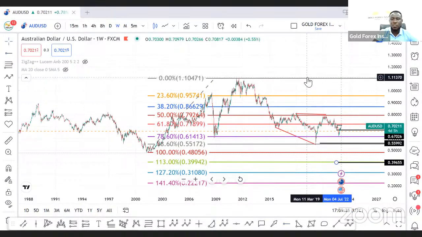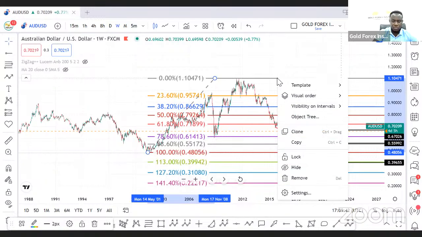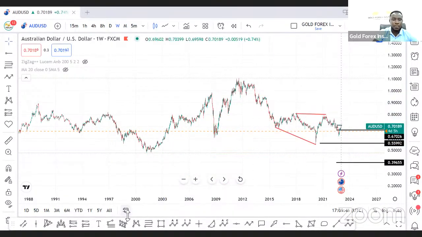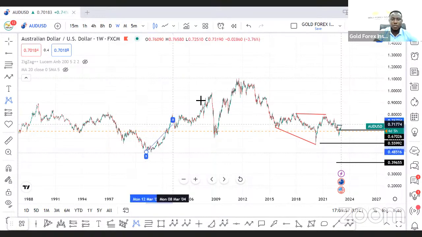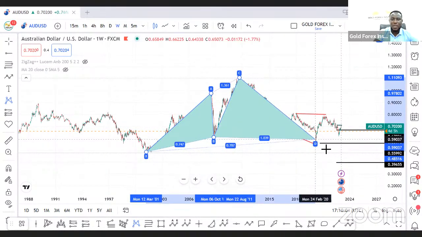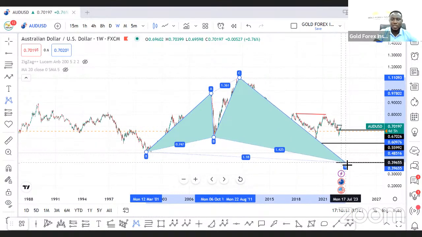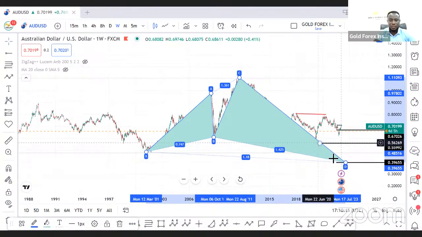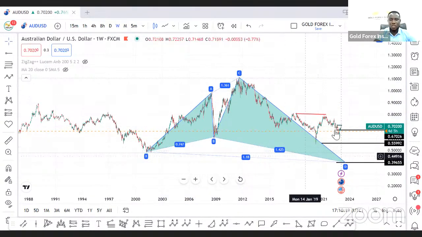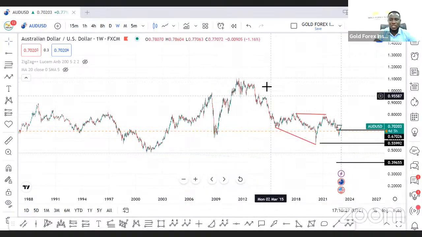Now, if this is going to fall, then I should be expecting, it has already formed the cipher pattern, but I expect it to come back to this zone or go to the 113 to form a sharp pattern formation. So if this is going to form a sharp pattern formation, then on the legs of the harmonic pattern, which is this level,